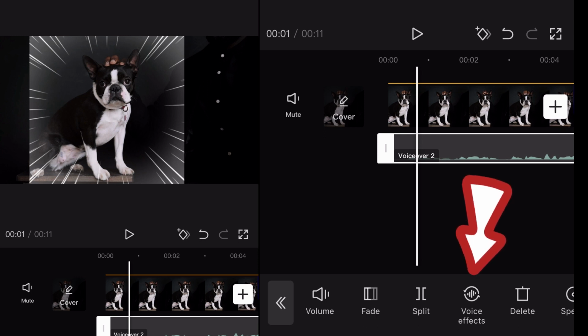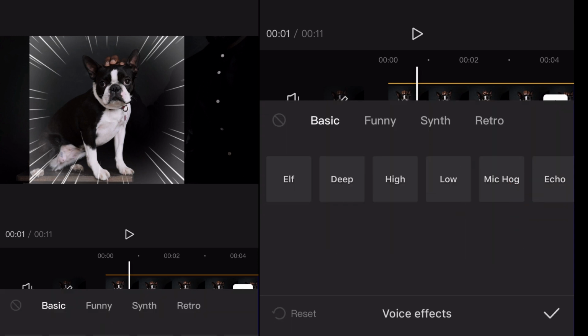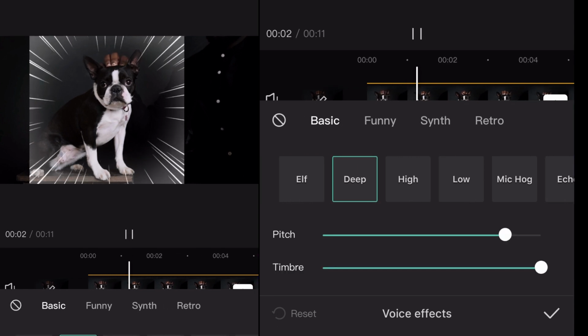And when you click on the voice effects icon, that's going to pull up all your different effects. Every time you click on an effect in here, it will autoplay your footage to give you an example of what that effect will sound like. And so in this one, like if I just go deep and I click the deep,